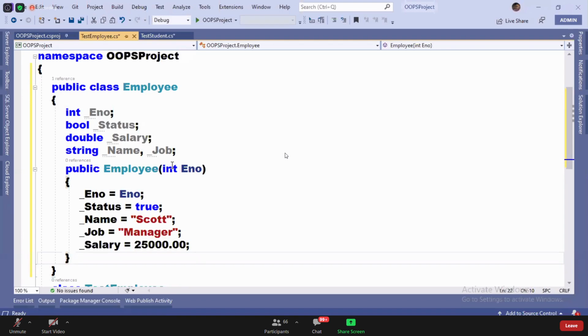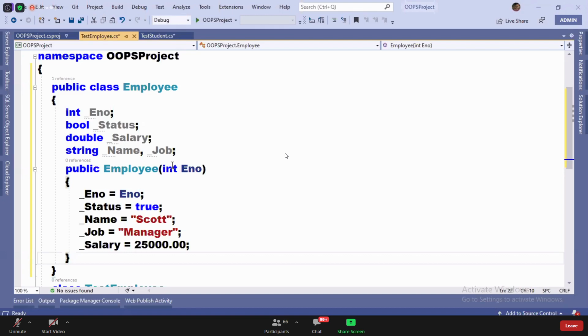Actually, these values should come from a database. But right now we don't have a database, so I'm taking static values. When we learn about databases, we will take these values from the databases. This is what I already explained to you all.